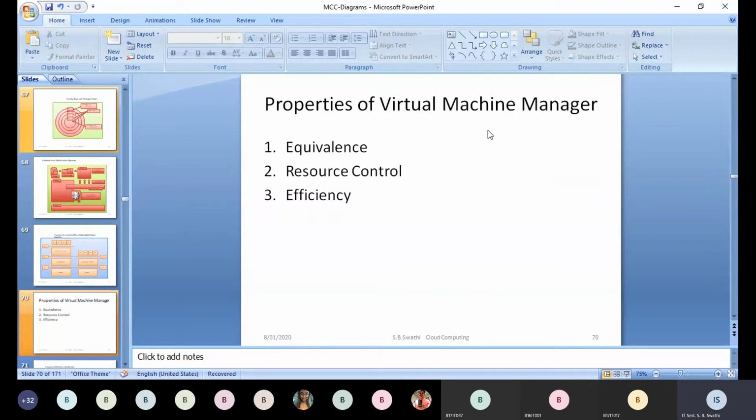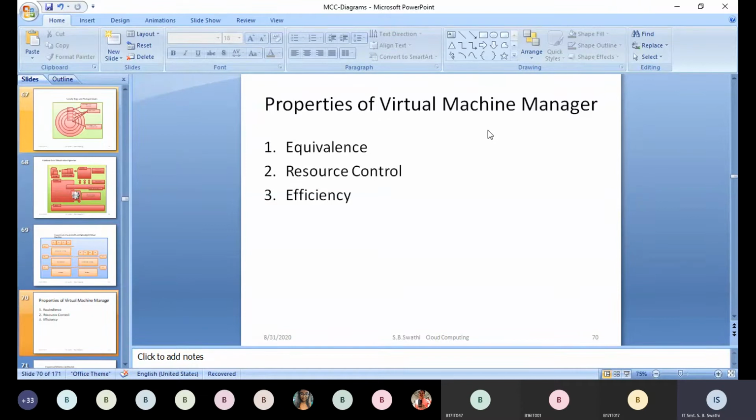And the last one is efficiency. Efficiency is about whatever instructions are given by the client. Normally, some instructions should be executed by the virtual machine manager only, at the VMM side or at the client side.